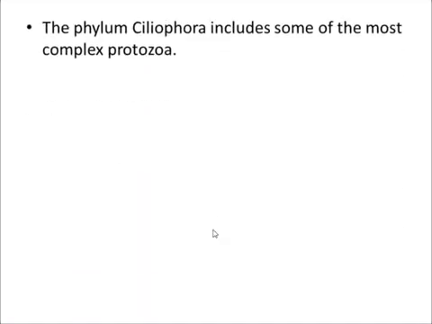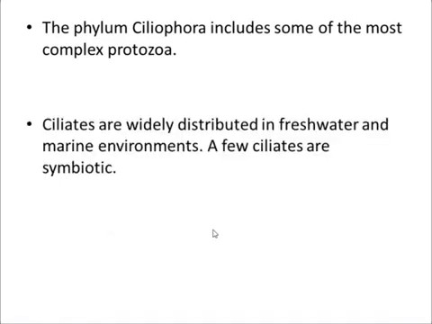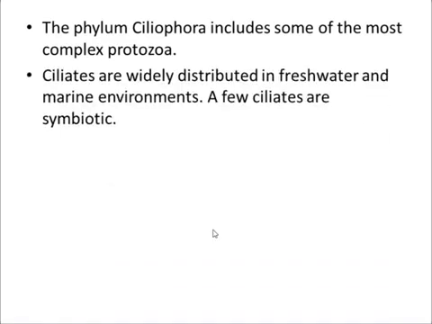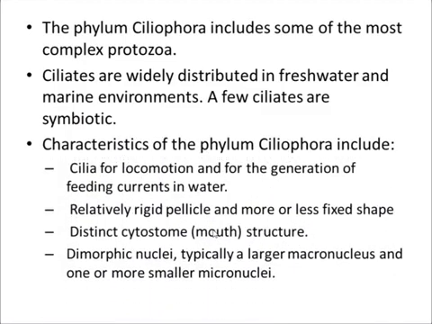The phylum Ciliophora includes some of the most complex protozoa. The ciliates are widely distributed in freshwater and marine environments. A few ciliates are symbionts. There are some characteristics of the phylum Ciliophora, which are the cilia for locomotion and the generation of the feeding